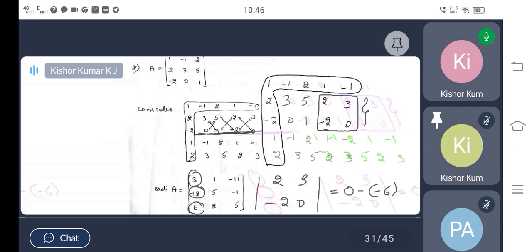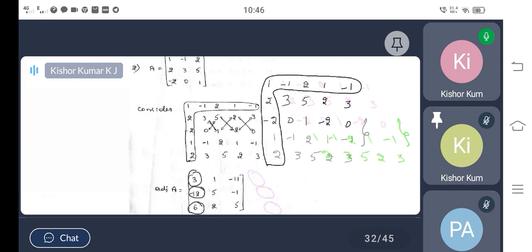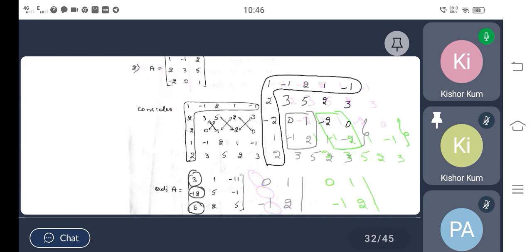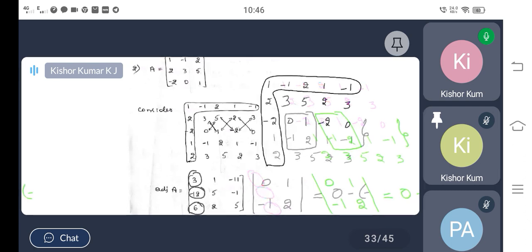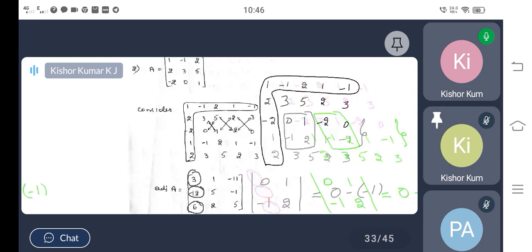The next two rows means here we have these two rows that I have to consider. These are the first four elements I should consider: 0, 1, minus 1, 2. So you have to multiply 1 into 2, 0 into minus 1. Finally, minus of minus is a plus, you will get plus 1. That I have mentioned as the first element of the second column.